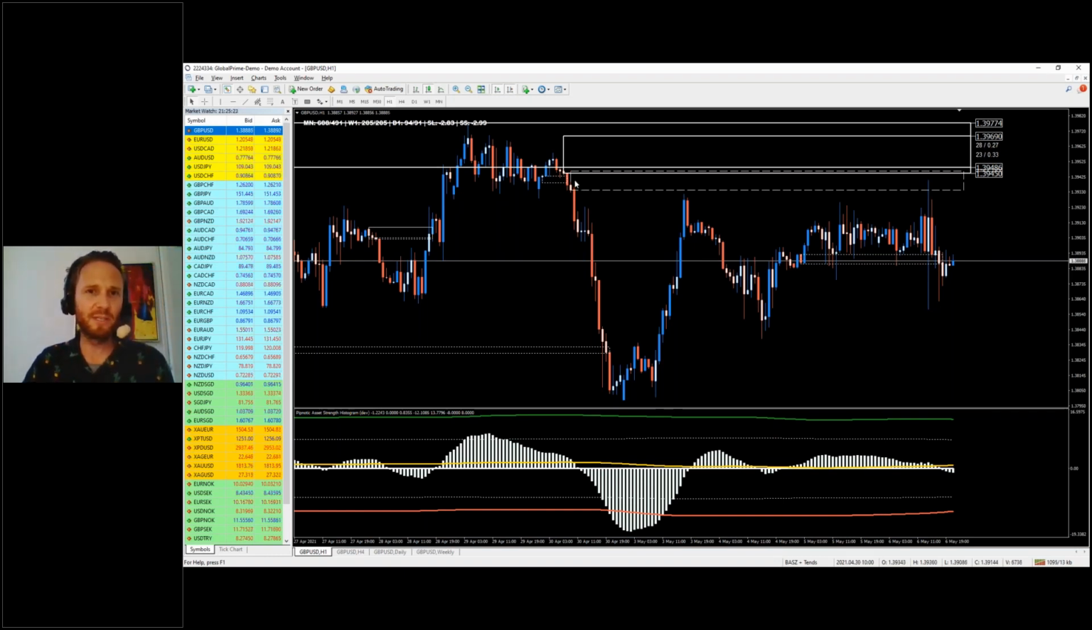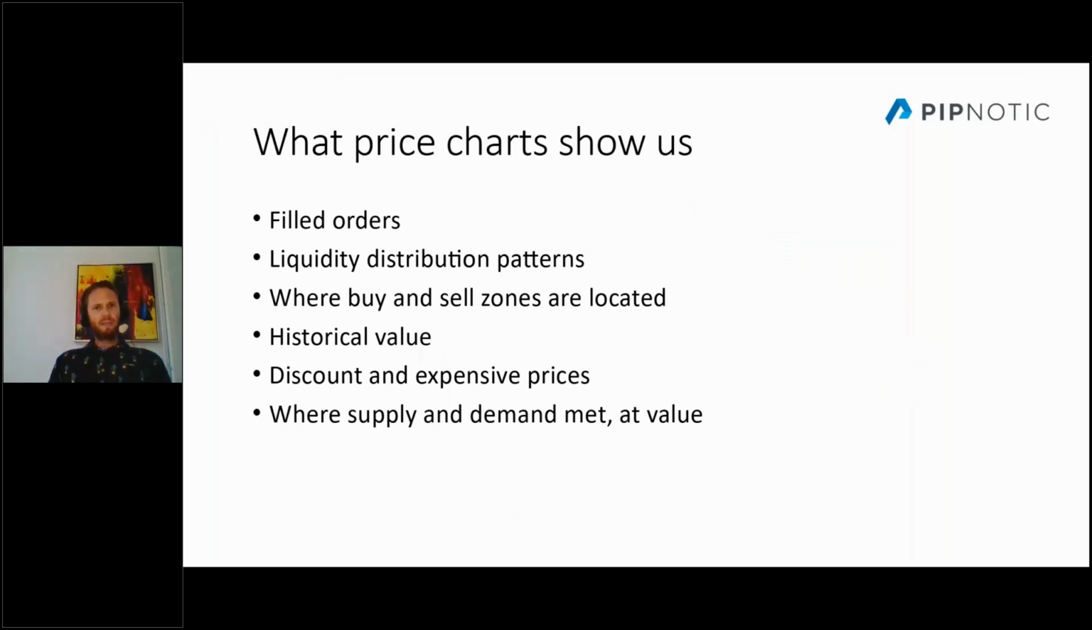So they get in at a slightly worse price, maybe here, and it's just a continuation pattern, which is essentially what a continuation pattern is. Okay. Yes, so we can see where buy and sell zones are located. We're going to get into this in great detail in a little while. And we're also, as we saw on the previous chart, focusing on historical value, because if you look at,